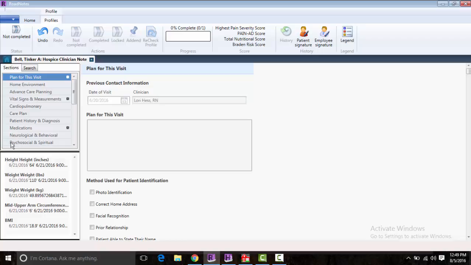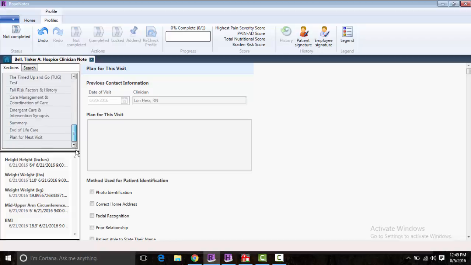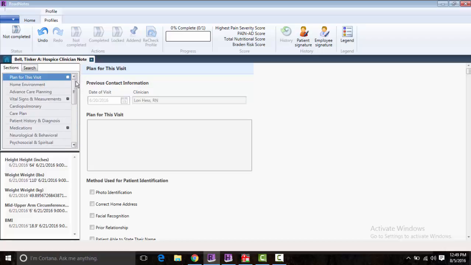Down a little further, there's a psychosocial and spiritual section that has been developed for use by social work, chaplain, and nursing as needed. And they've also added at the very end an end-of-life care section, which allows us to document those things that go on during the death visit and or with postmortem cares. So we'll start with this note